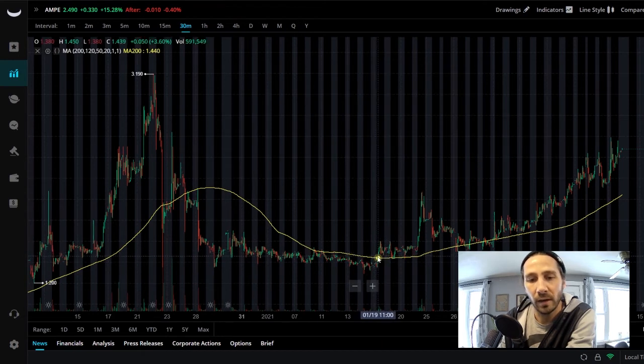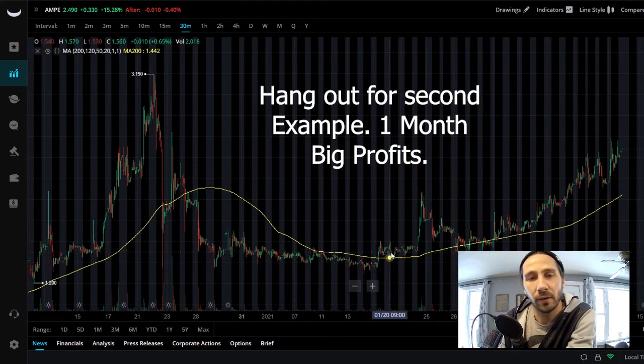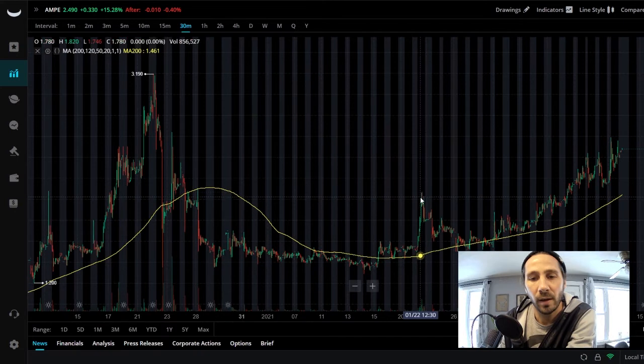So this would be a spot where you could take a risk and take an entry point into this stock, and the simple place to put a stop loss would be below the 200 MA. So what ended up happening is if you did enter there, you'll notice it kept consolidating, and we did catch a pop. You could have sold there, but say you missed that move, what you would do is be patient,